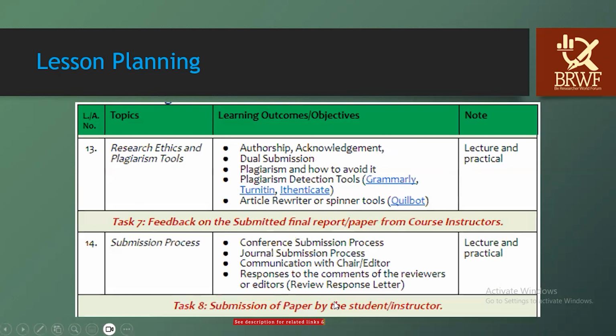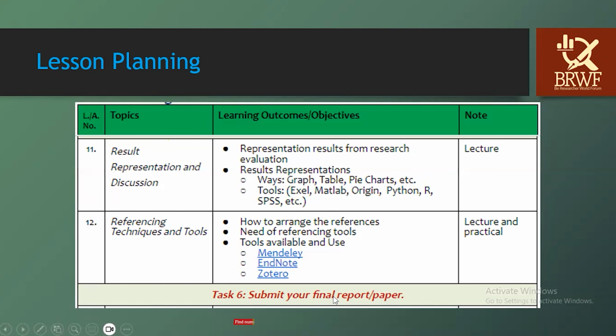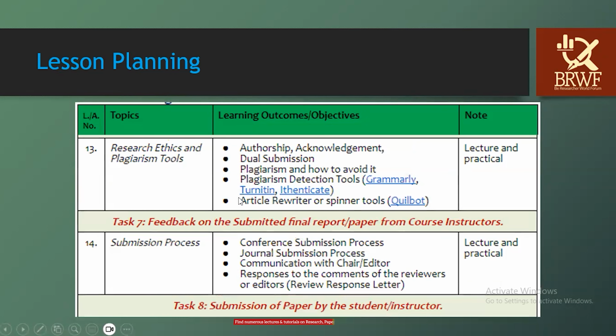This is task 6. After lecture 12, we'll ask you to submit the final, because then we will give you feedback. And after that, we will ask you what not to do in research, what to do, and how to avoid